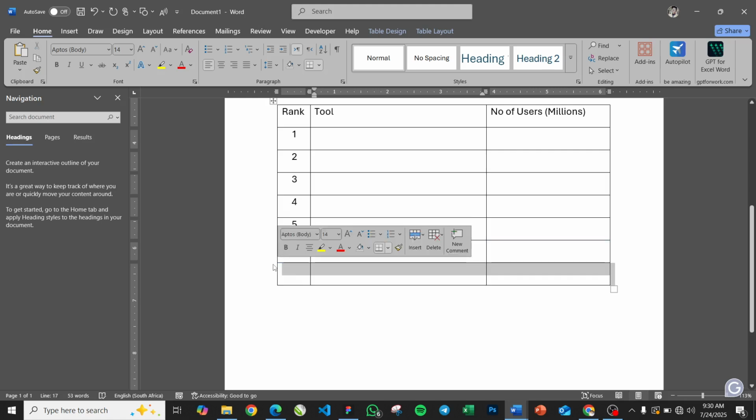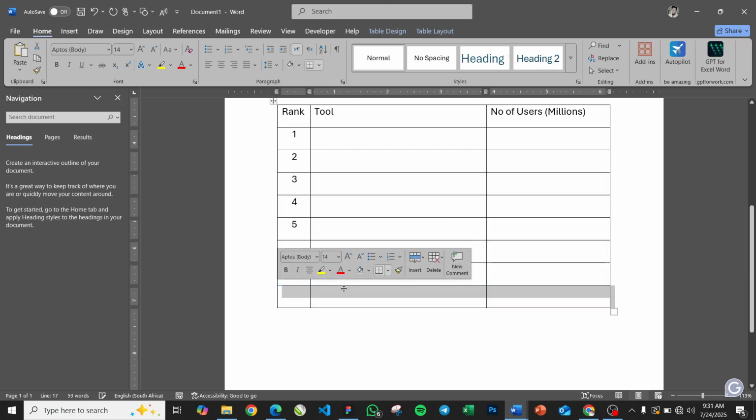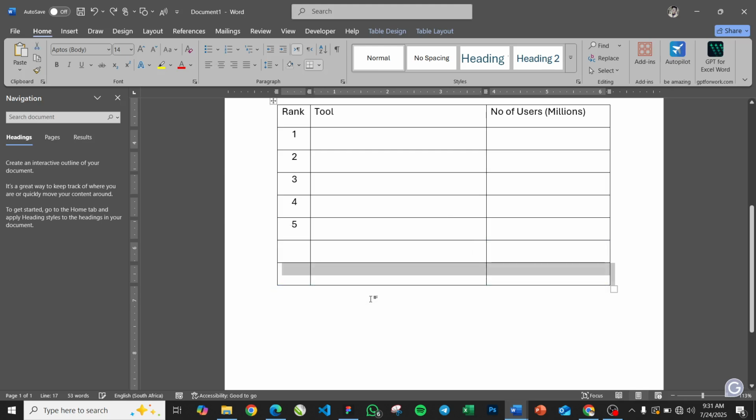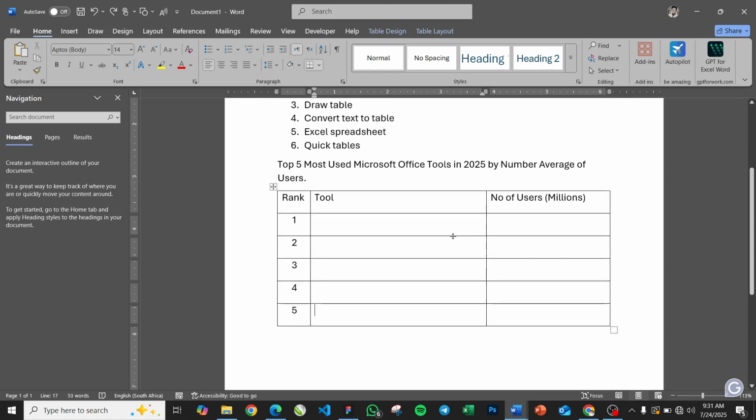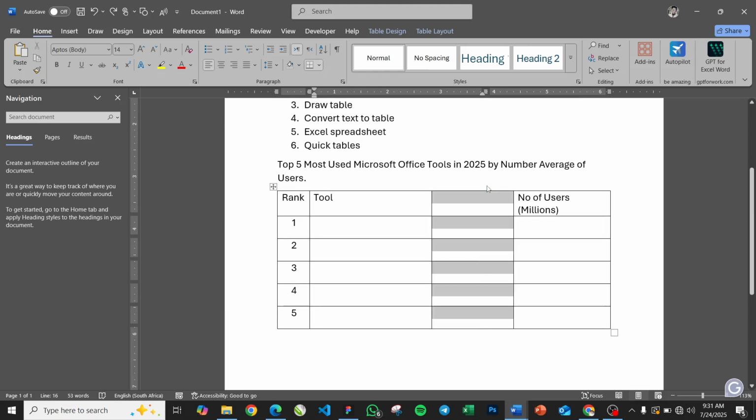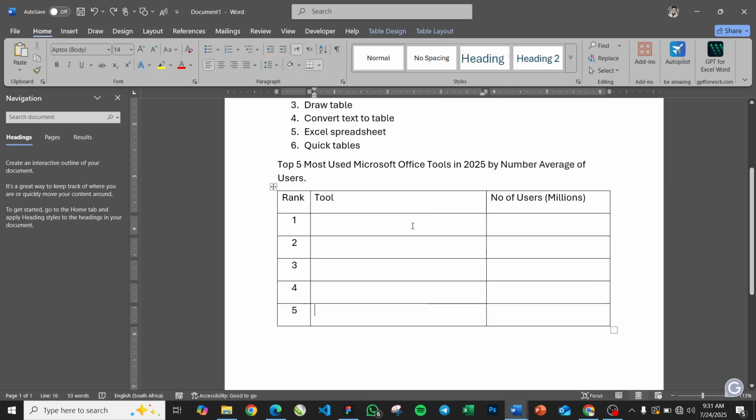Same thing, I'll tap on this again and again to create more rows. Similarly, you can do the same thing for columns. So I can come over here. All right, I want to insert a new column between tools and number of users, so I'll come over here and add a new column. Okay, so that's how you increase the number of rows and columns on your table while working, just in case